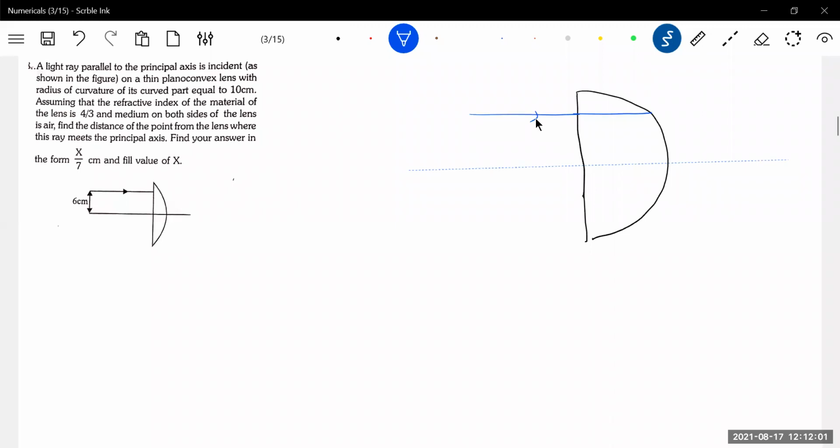The radius of curvature of the part is equal to 10 centimeter. So there's a radius of curvature, so there's a normal, no? We'll take this as the normal. The ray moves from denser to rarer, so it should bend away from the normal. So after refraction,